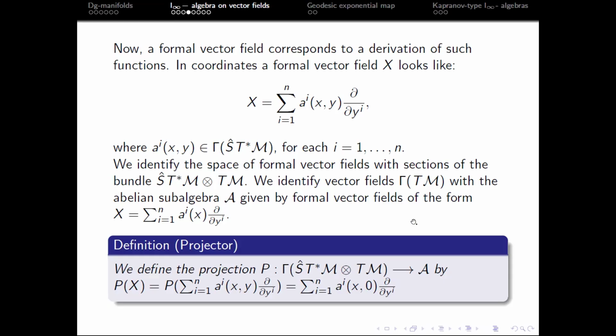Okay, so now... they're only vertical or what? Yes, they are only vertical. Yeah. Yes. Okay, so